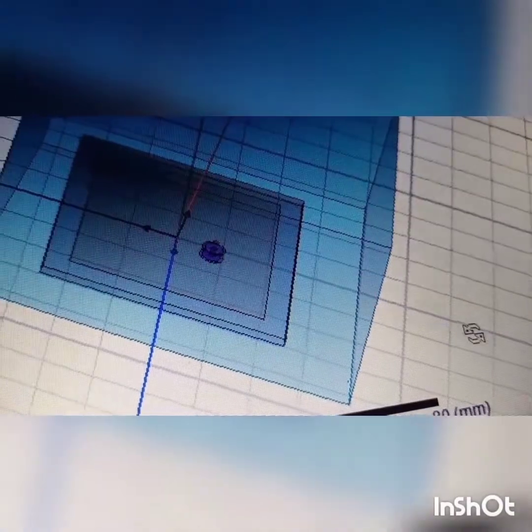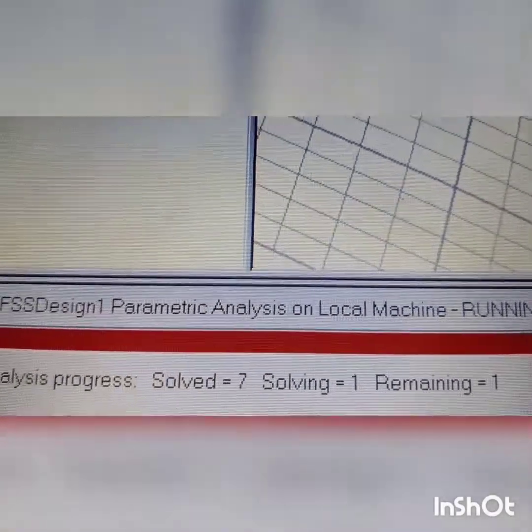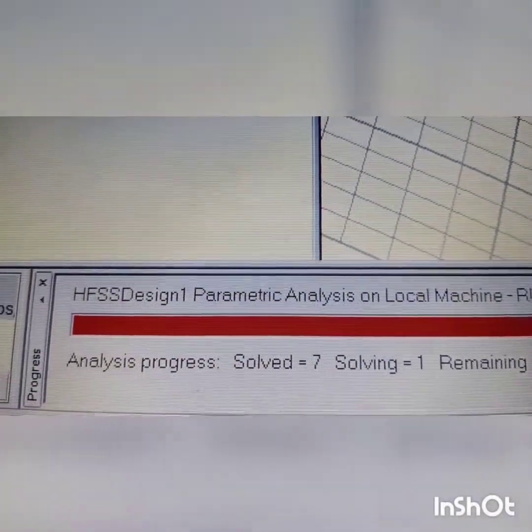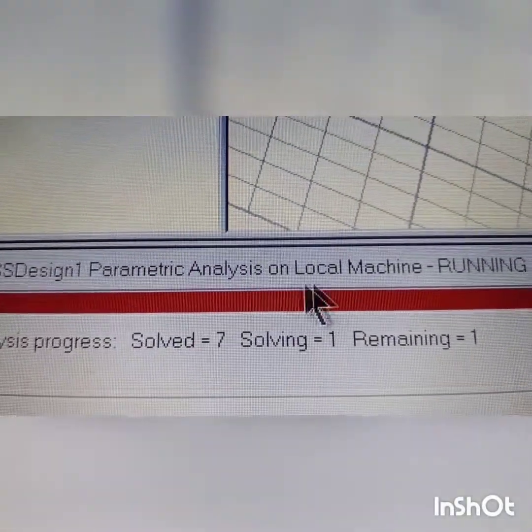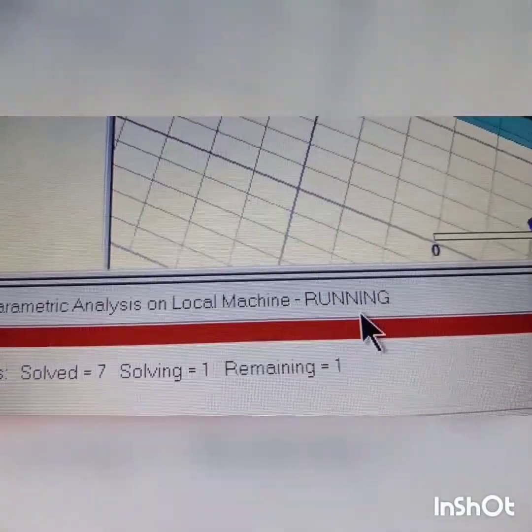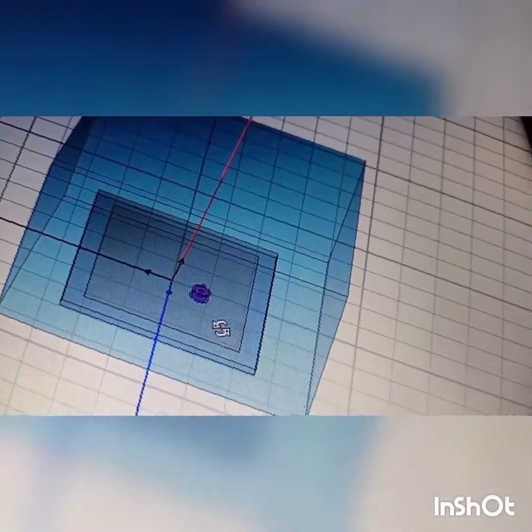Now just see what will happen. Normally in computer programming you write variables. For example, when writing a C program, you declare all the types of variables. In the same way, instead of writing each and every value, you can add variables by their name, like a, b, whatever it is: probe length, probe position, patch length, patch width, patch height, like that.